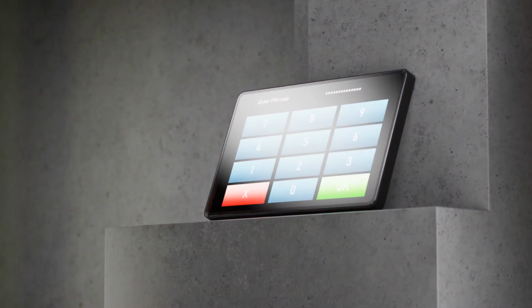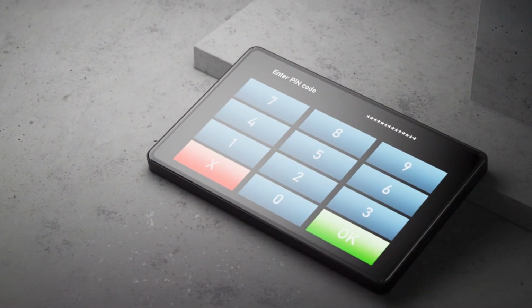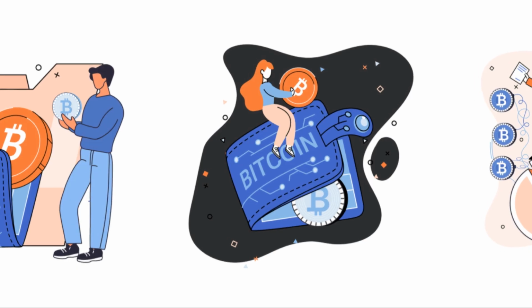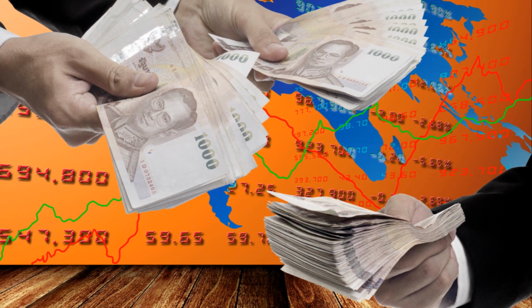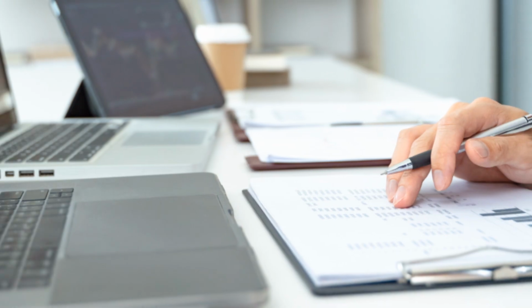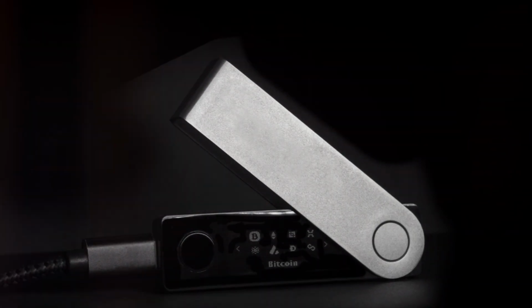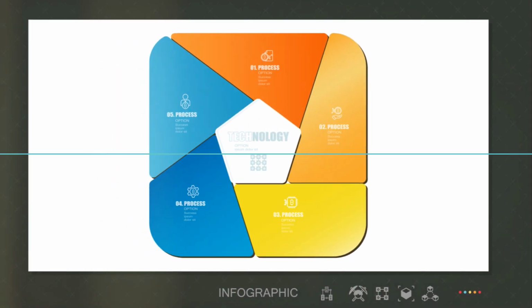When someone sends you cryptocurrency, they're essentially sending it to your unique wallet address. And just like a P.O. box, your wallet address is public information, but only you have the key to access the funds inside. So to put it all together, exchanges are your marketplaces where various cryptocurrencies are bought, sold, and traded, and your wallet address is your unique identifier that allows you to participate in these transactions. In simple terms, think of exchanges as the marketplaces and wallet addresses as your unique ID in these markets.